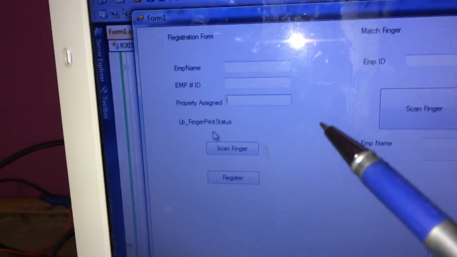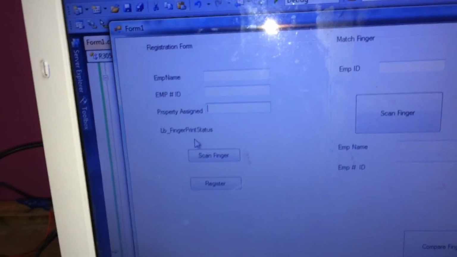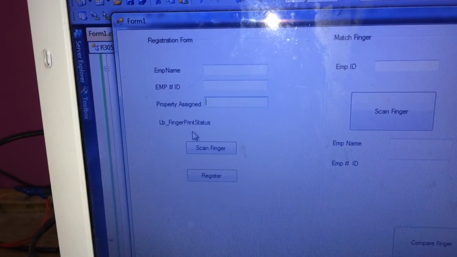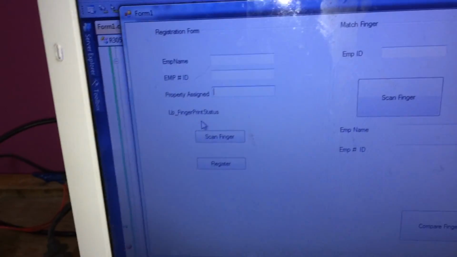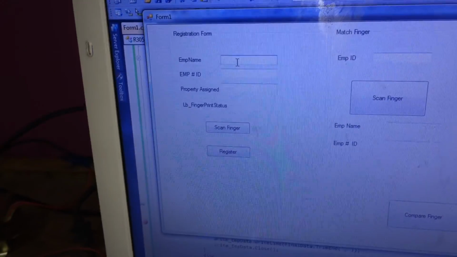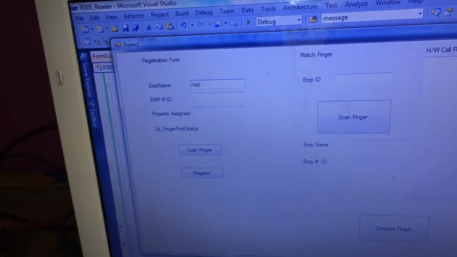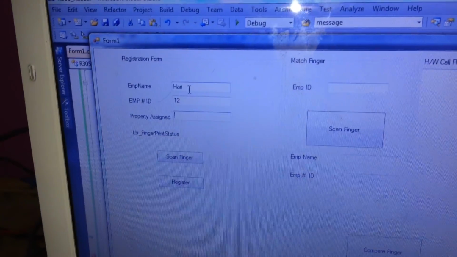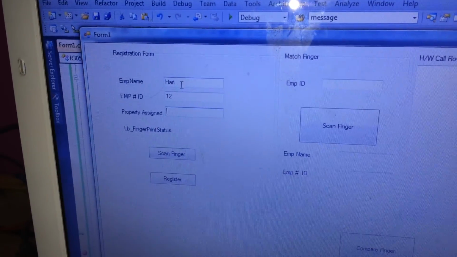Here is the employee registration form. For the experiment I'm giving certain names, and I'm going to check how this works. In this form I'm giving the employee name first, then the employee ID, and the property assignment tag. Property assignment tag means